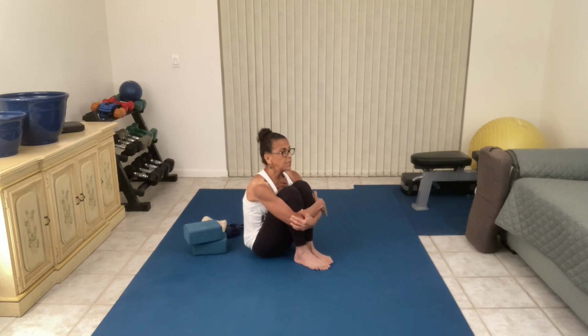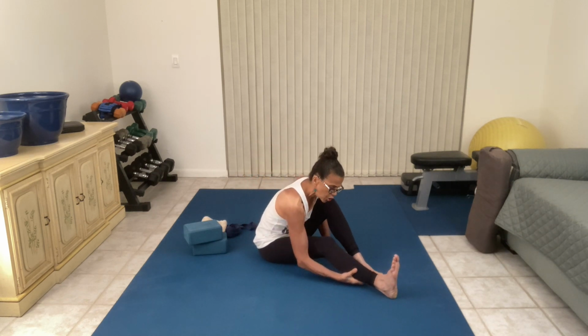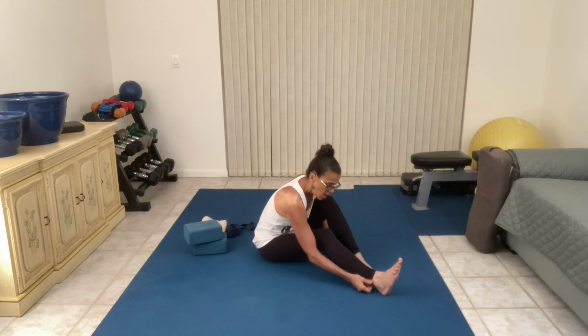Now inhale, lift the head and the heart, hold the grip on the elbows. Exhale, once again, upright Pavanamuktasana. And inhale, lift the head and the heart. Exhale, let's release the legs out in front, and because the knees were compressed like that, hyperflexed, I would suggest